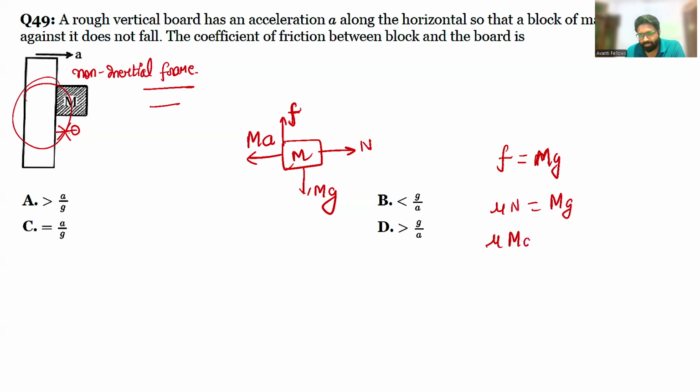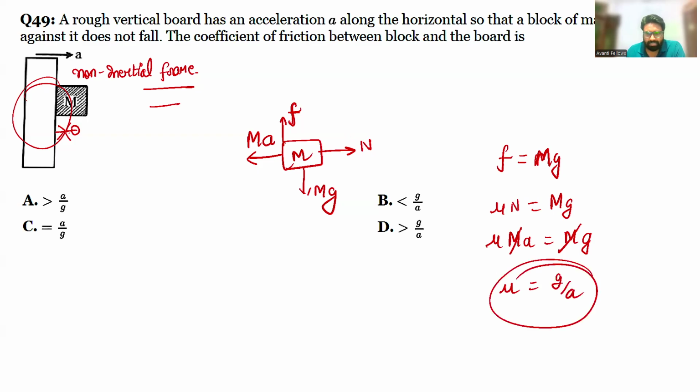Mu into capital M into a is equal to capital M into g. So this capital M and capital M will cancel out. So mu is coming out to be g by a. So this force that we have equated with the frictional force is the limiting force. And the force of friction is always less than or equal to the limiting force, which means this mu that we have calculated, if you put the value over here, FL is mu into N,